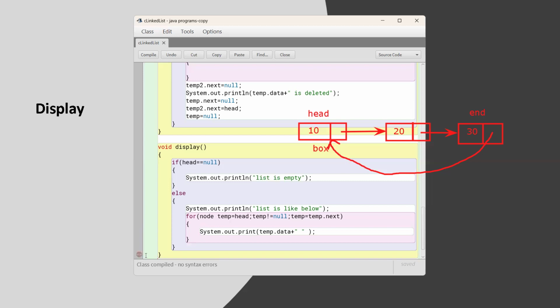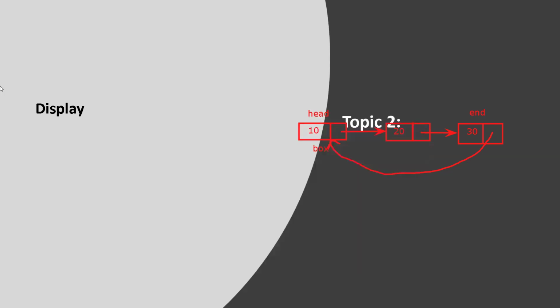Trust me. So how to display? Obviously, if head is null, we are going to show that the list is empty. No doubt on that. But if it is not, then we are going to print that the list is below. We are going to start from head until, if I just put it like temp not equals to head, it is not going to print anything. Why? Just try to think. If I